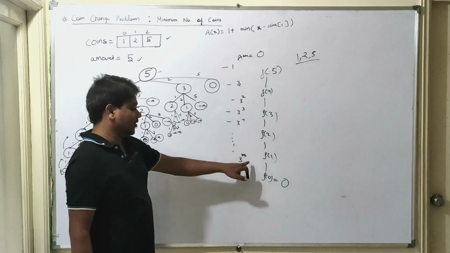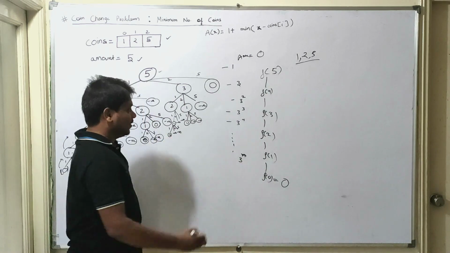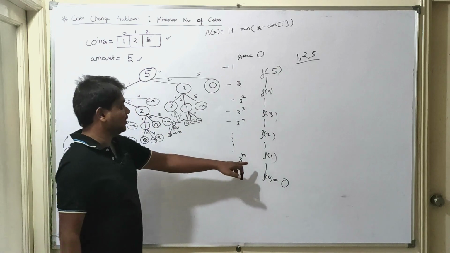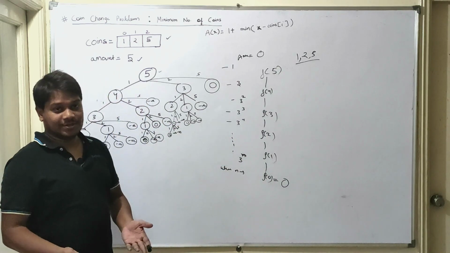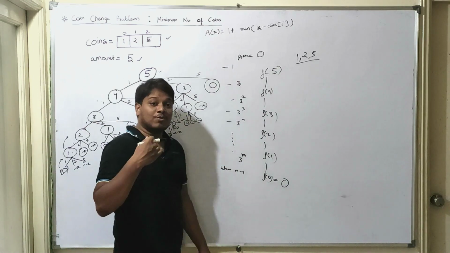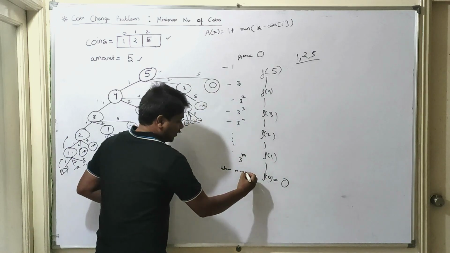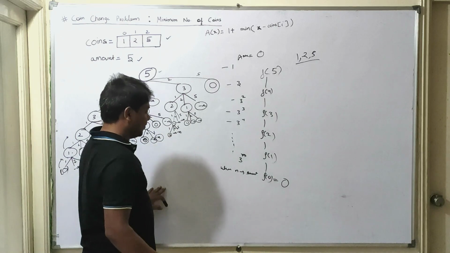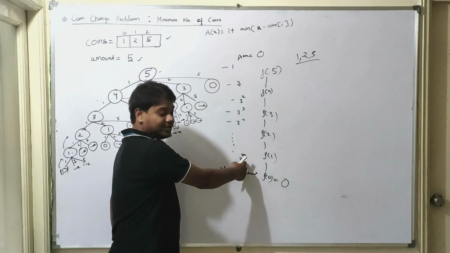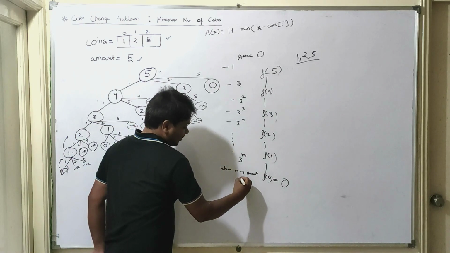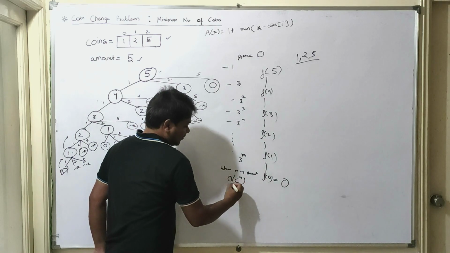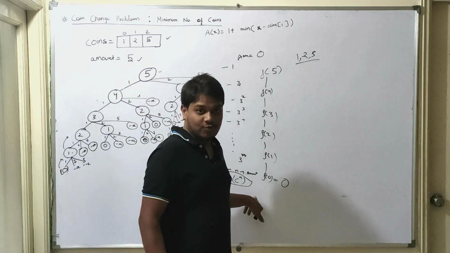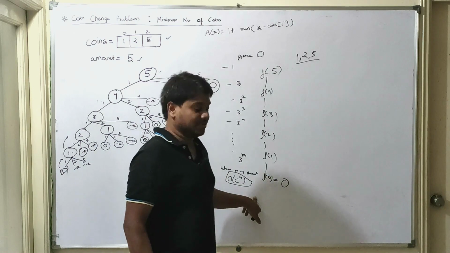3 power n. So what is n over here? N is the number of levels that we are having, so the amount that we have to reach. So n is the amount, and what is 3 over here? Can we call it coin? So c power n, O of c power n would be our time complexity in this case.